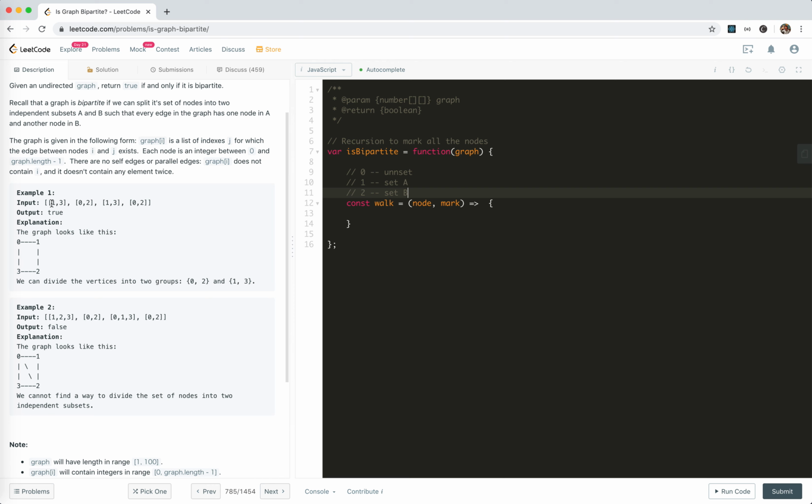So the nodes are actually a series of numbers. We could create a marks array filled with 0, which means they are unset. Okay, so we walk. When we walk, we get a node and a mark. We first determine if the node is set or not, right? So if marks[node] is already set,